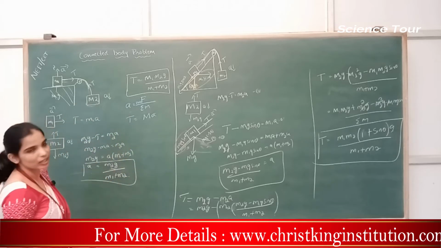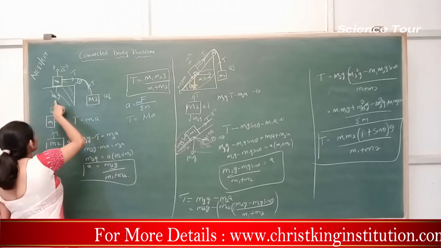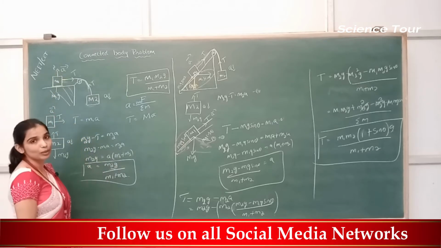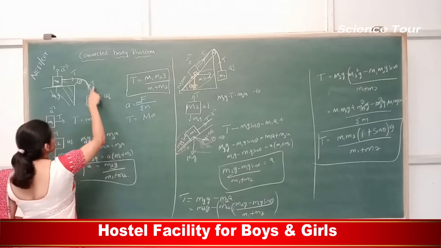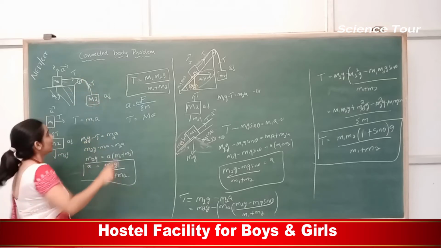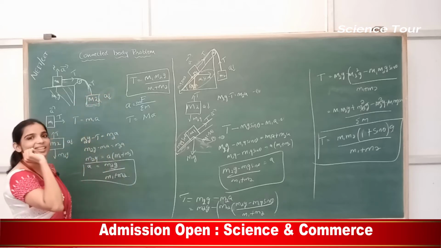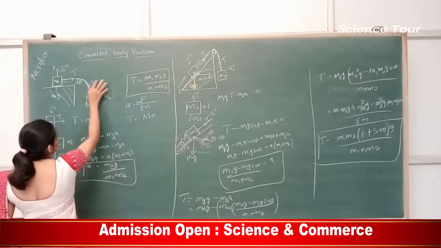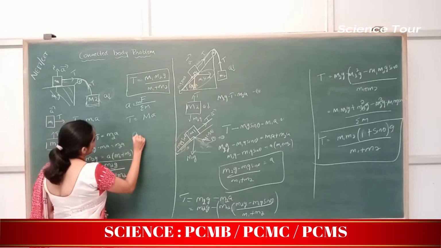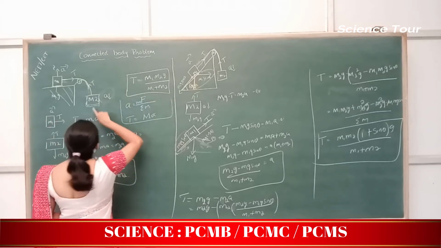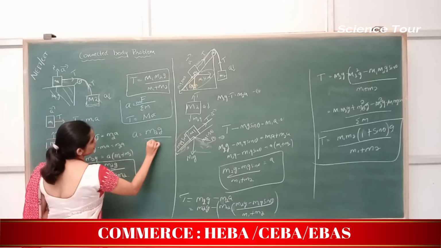Here, what is the net force acting on the system? There are so many forces. One is the weight of this and the normal force. They balance. And another one is tension acting here and the weight of m2. But this acceleration is due to the weight of m2, correct? If there is no weight for this m2, then this wouldn't have accelerated. Am I correct? So can you write that acceleration here is nothing but the weight of m2 divided by total mass, that is m1 plus m2.